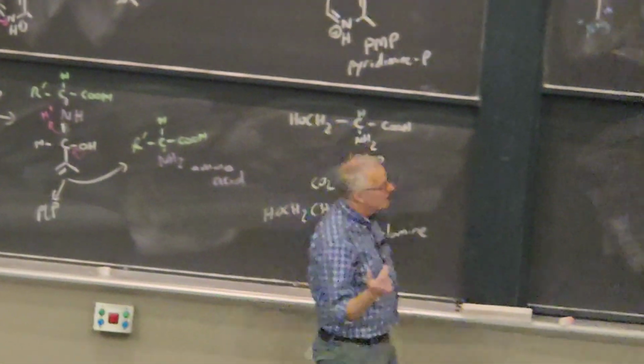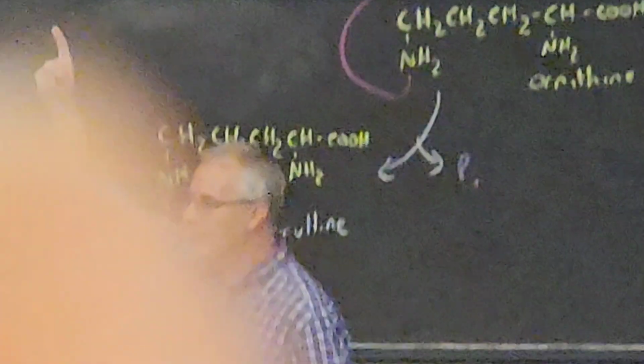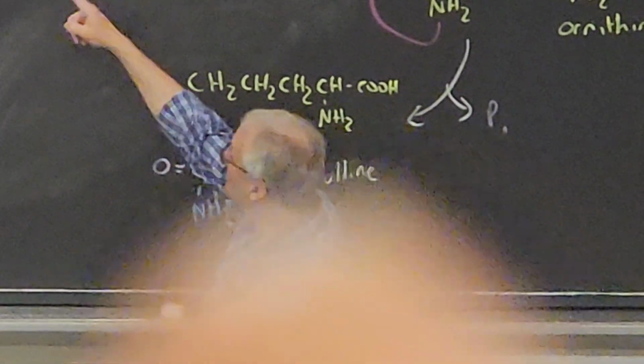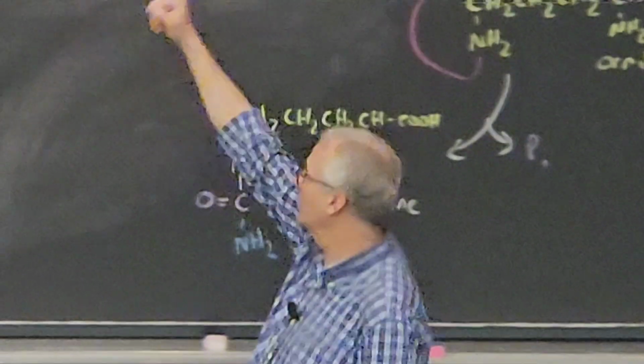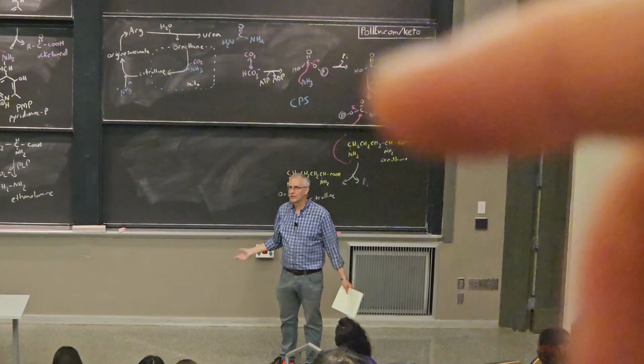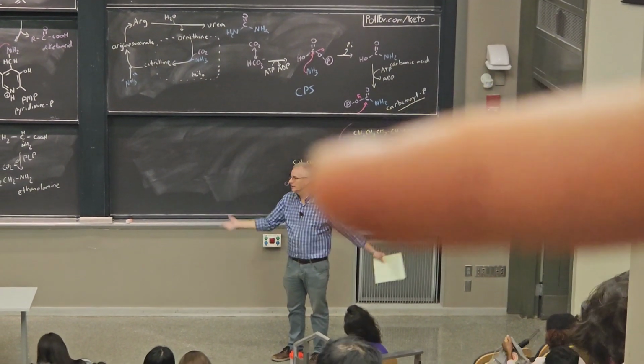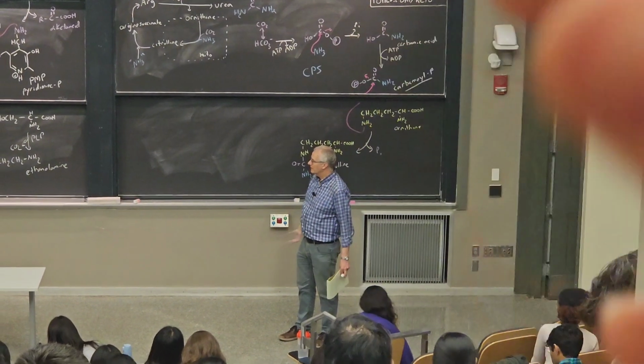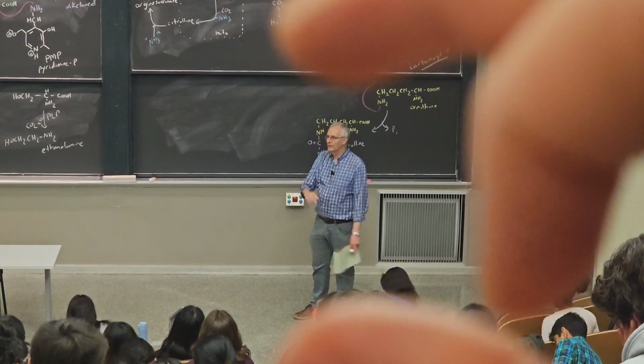Once I make the ornithine again, it can come back over here, pick up another carbamoyl phosphate in the mitochondria, make a citrulline, pick up another nitrogen to make arginosuccinate, and then arginine, etc. It's a cycle that ultimately allows you to pick up ammonias and excrete that nitrogen. Okay, next time we'll pick up talking about the rest of it and show you how it